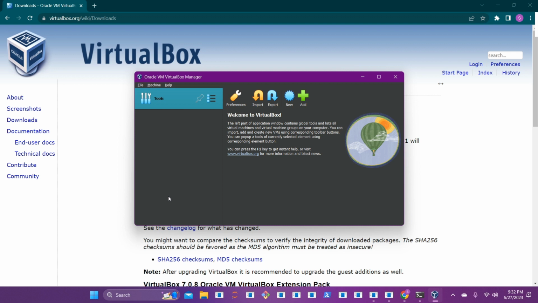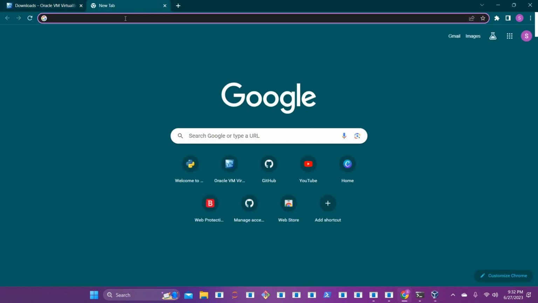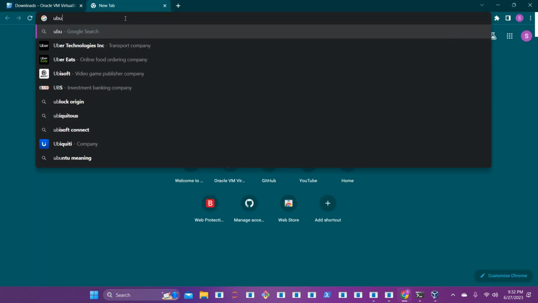This will be a basic one. One thing that you do need to have is an Ubuntu or whatever flavor of Linux that you want. You can have that downloaded to where you have that ISO file so you can have that disk image, which we already have for Ubuntu as well. And we can go here and I'll show you